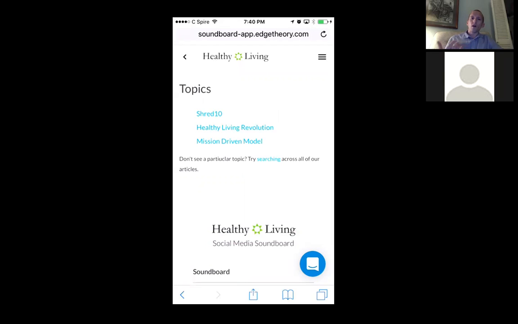And so, again, the thought behind this is those resources are out there for you already. We're just trying to put them in a simple-to-use location so that you don't have to go download things, upload things. It's all just here and ready to share with a couple clicks. But what was really cool about the Shred10 stuff